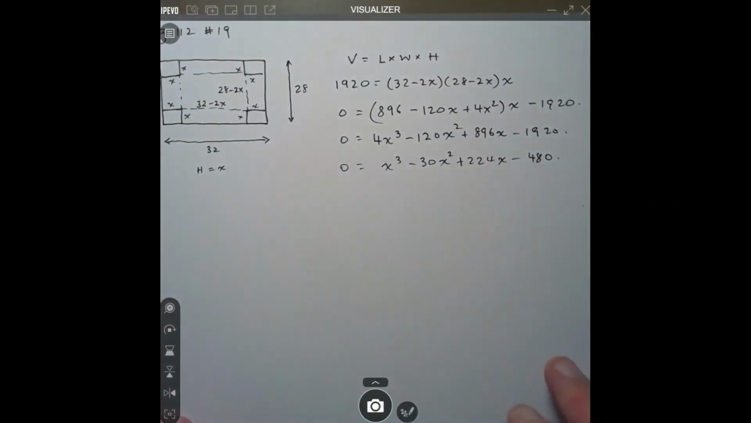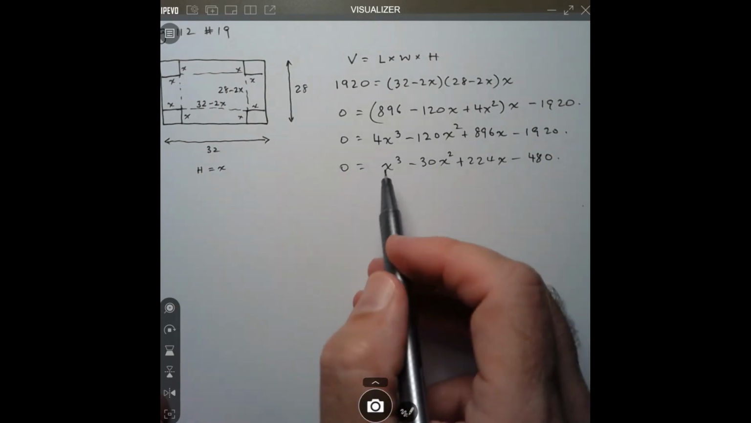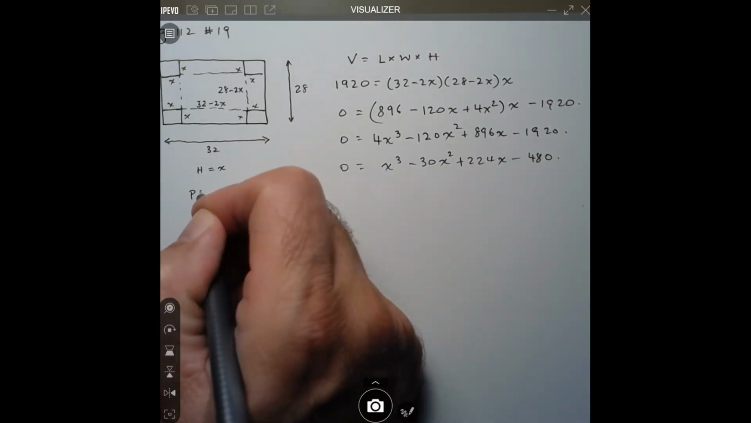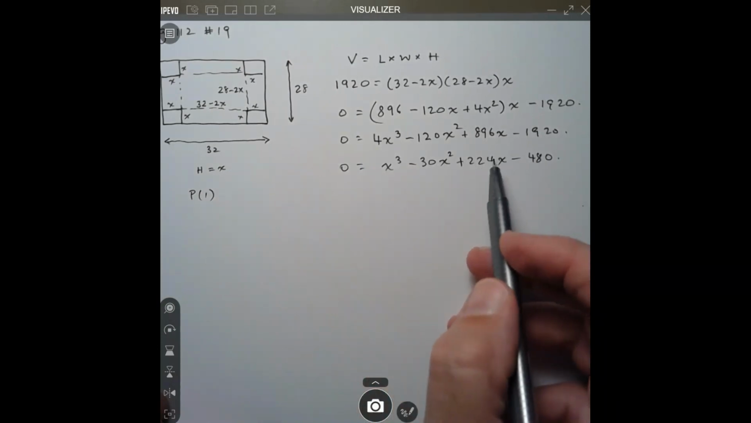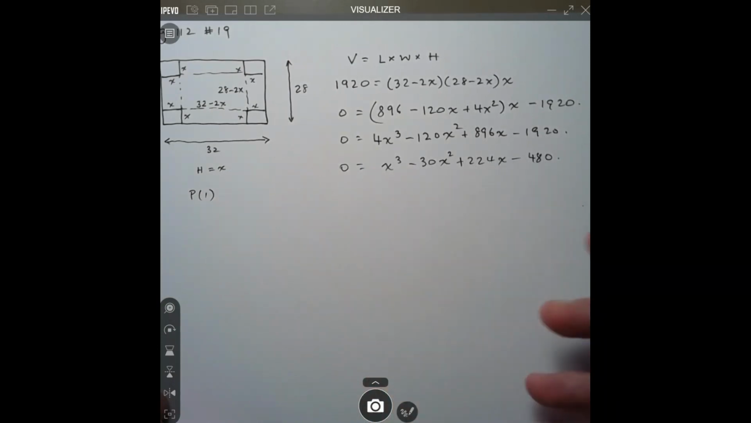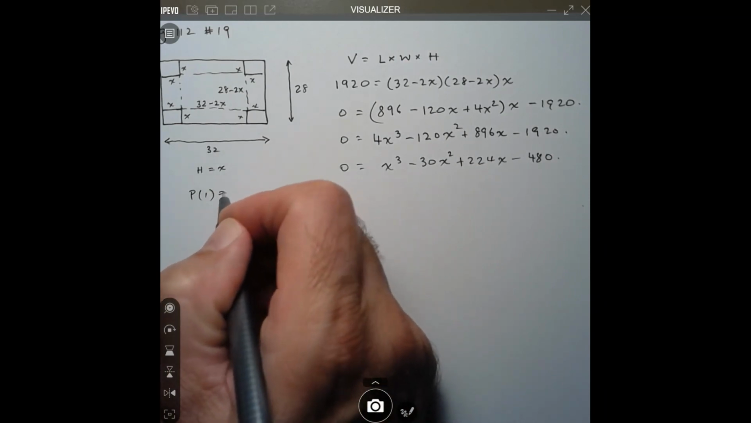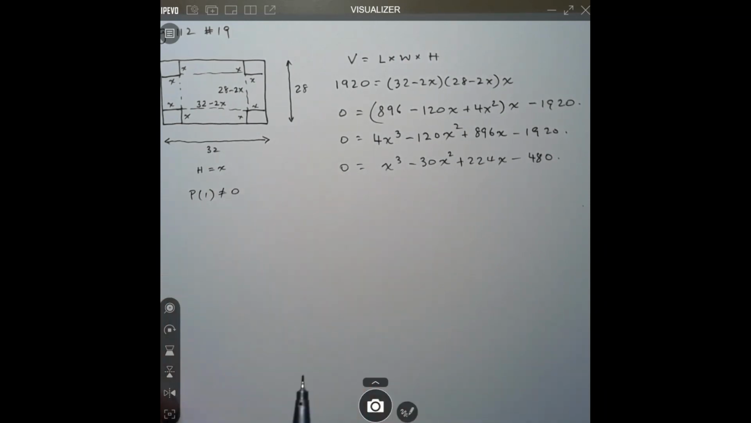Okay, so let's do that work on the side here. So let's say I call this polynomial p. Okay, so 1 minus 30, negative 29, plus 224, minus 480, absolutely can't be equal to 0. I'm not even going to bother calculating its value exactly. Okay, now this is where I'm going to do something different, because one thing we have